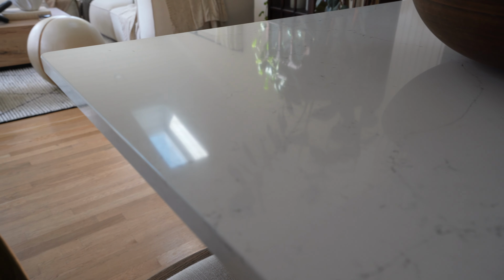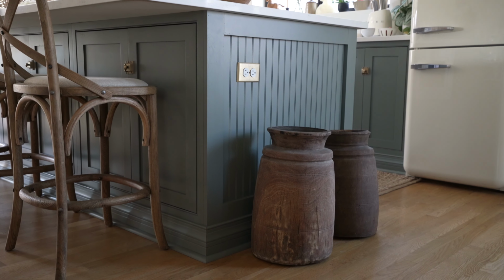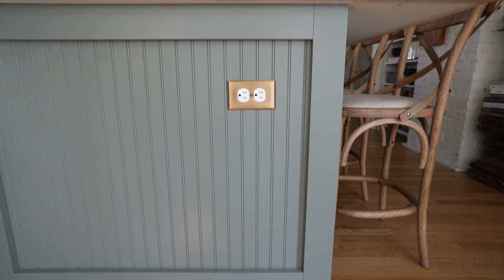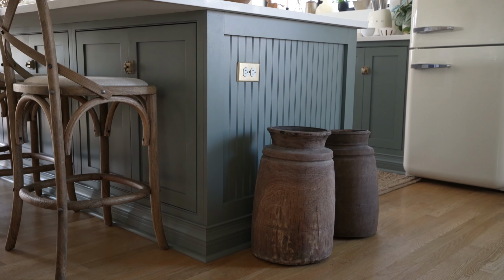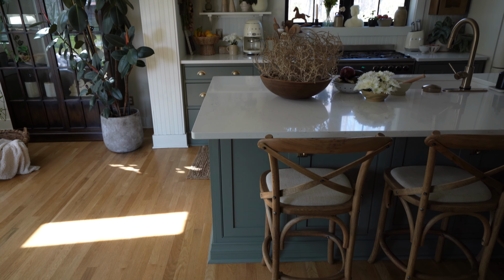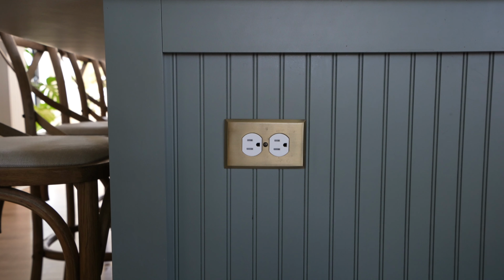Some design details for you guys. Our island countertops are alabaster quartz by MSI. Our cabinets have inset doors, and then we have this beadboard paneling on the side, which was a detail I added along with the shoe molding around the entire island in the cabinets. And then the color is a stock color from Master Brand Cabinets, and a close match to that is Retreat by Sherwin-Williams. The island has 24-inch cabinets on one side and 12-inch cabinets on the other side,